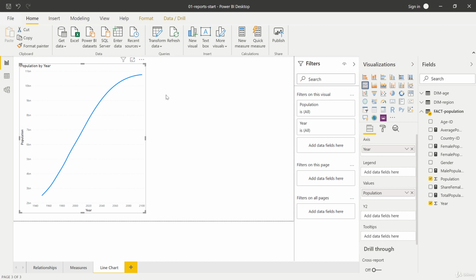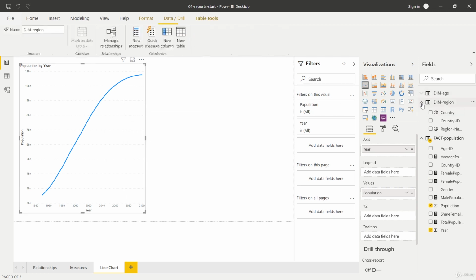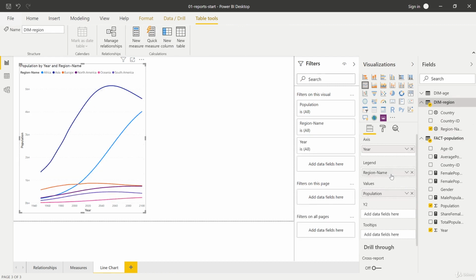I want to stick to this line chart though, but I'm not happy with the way it displays the information, because at the moment we only see the total population right here, and I would like to have the population data for different regions, let's say. Well, as we have created our data set with different types of information, we can go to the dim region table now and take the region name field and drag it into the legend area. We suddenly don't display our entire population anymore, but the population for these different regions, indicated up here by the legend, so you can see the legend also up here, and visualized by the different line colors.